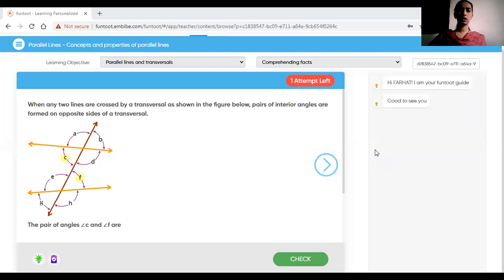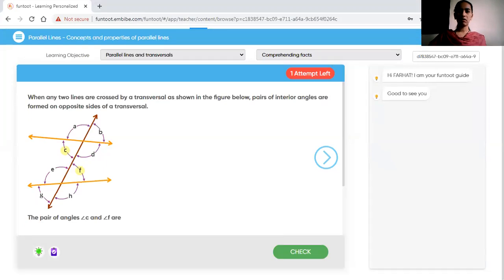Yes, students. In our previous video, we took a new topic: transversal and parallel lines. What is a transversal? Which line is called a transversal? That we already know. And parallel lines, what is the meaning of parallel lines? I think you all know that already. Okay, students, in today's video I will take the revision of that topic.